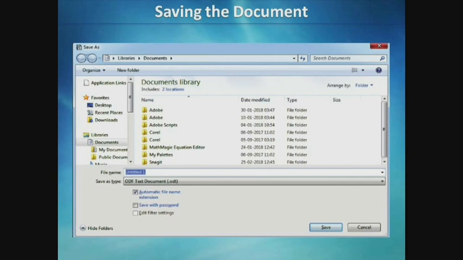After selecting the drive or directory, we have to type the name of the document in the file name text box. See here at the bottom you will see the text box which is highlighted with blue color. In that place only we are going to type the name of our document.